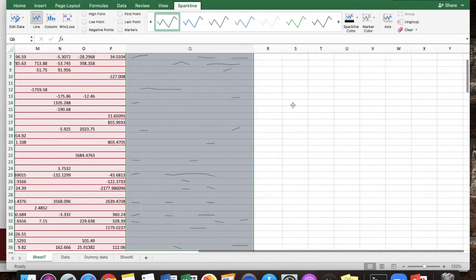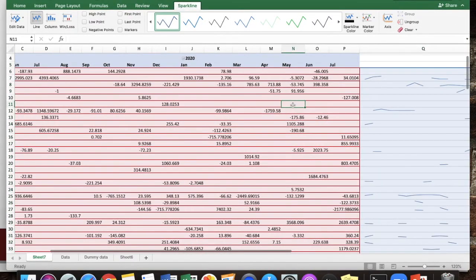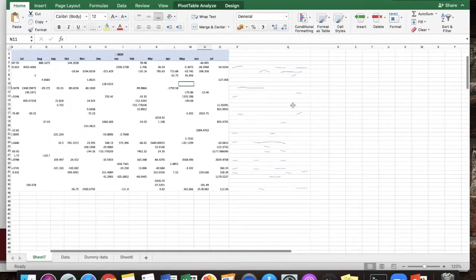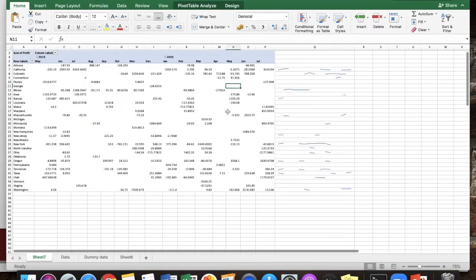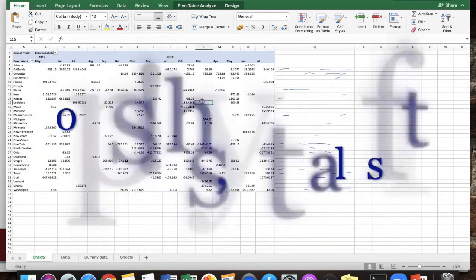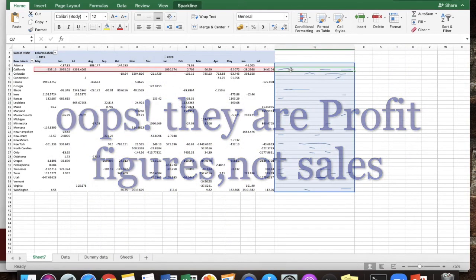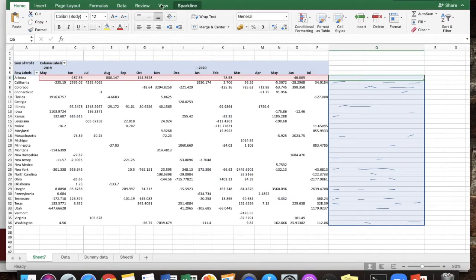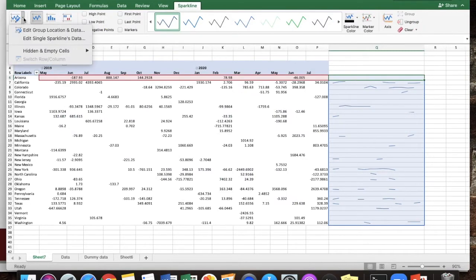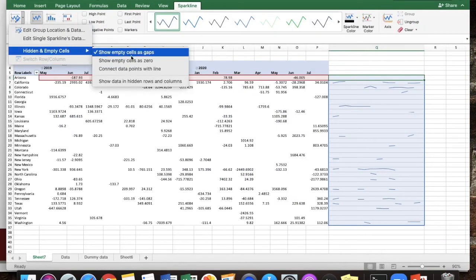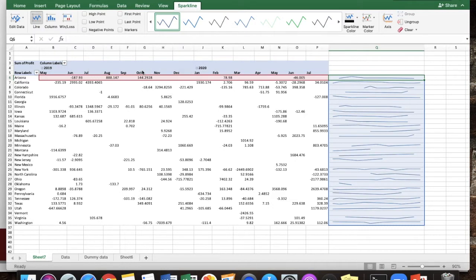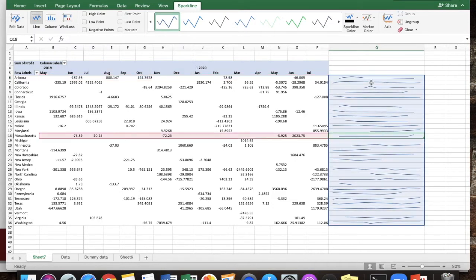Okay. So now you can see the sparkline has been created, and it has so many gaps because there are some no sales here. So what I can do for this, I will just select it and go to the sparkline tab and choose show empty cells as a gap, show empty cells as a 0, or connect all data points with line. So if I have connected, it has shown me flat where it is a 0.